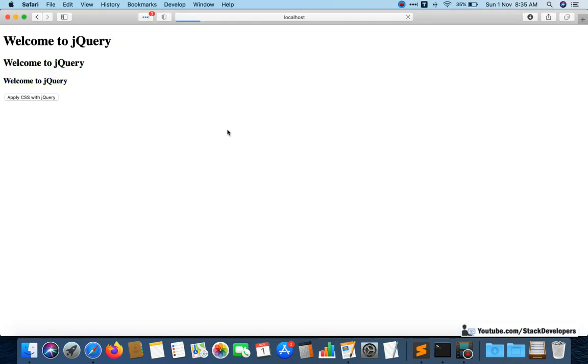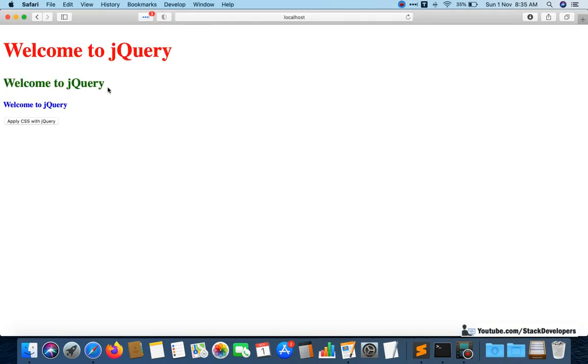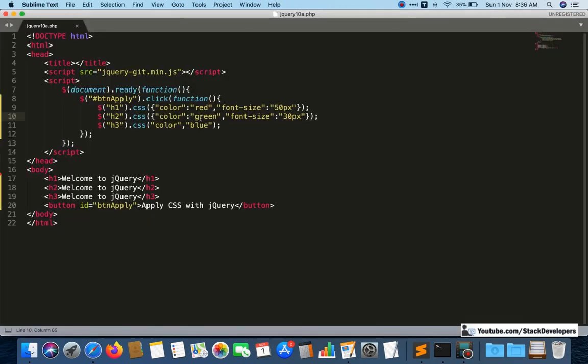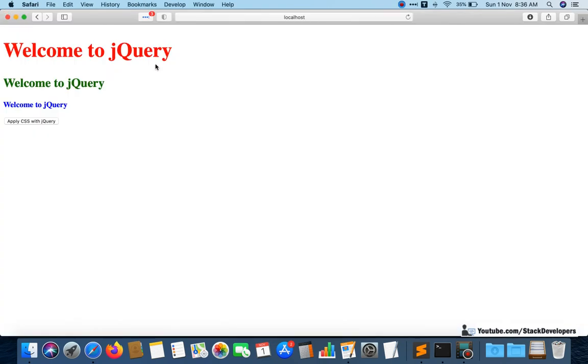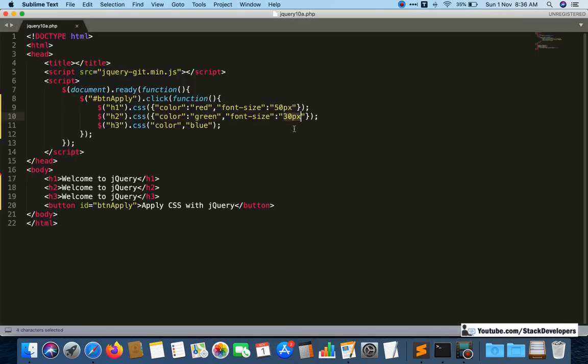Now it is ready. Now I will apply. Again see, CSS has been applied. See, both the things have been applied, green color as well as the 30 pixel. So these two properties you can add to your HTML element as well. These changes you need to make every time if you want to add multiple CSS properties to the HTML element. I hope that both the things are clear to you, and you can try at your end.